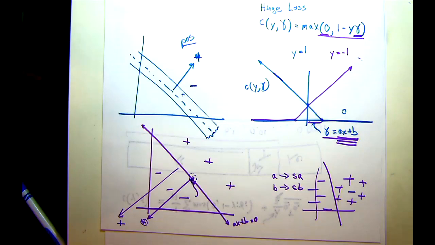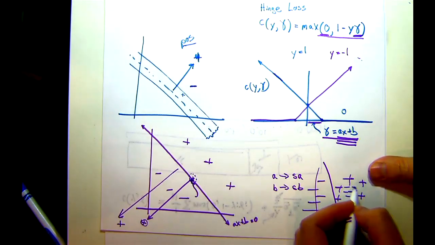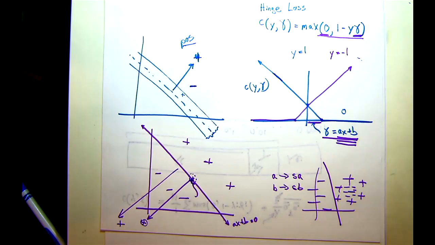Data is messy, labels are messy. Sometimes they're mistakes, sometimes there is no boundary. And sometimes if there are big clusters of negatives in here, maybe that shows that there's actually some interesting structure to the space that a linear classifier is just going to have trouble with without doing something special.